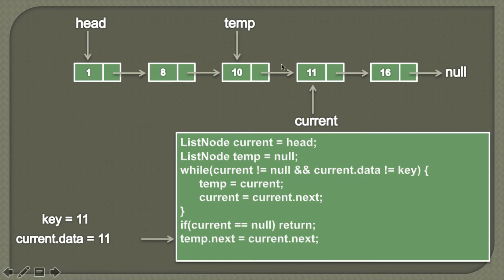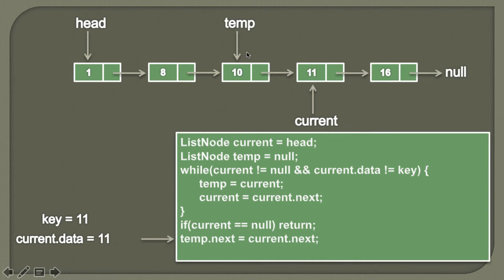Finally, in order to remove this node which is pointed to by current and having value 11, we need to break this link. The temporary node which we created earlier was used to hold the previous node position, so that once we find the node having the value as key, we can delete it through the temporary node. Currently temp.next points to this current node, so we need to remove this link. But if we remove this link, then the node after current will also be removed. Therefore we need to assign temp's next value to current's next value.